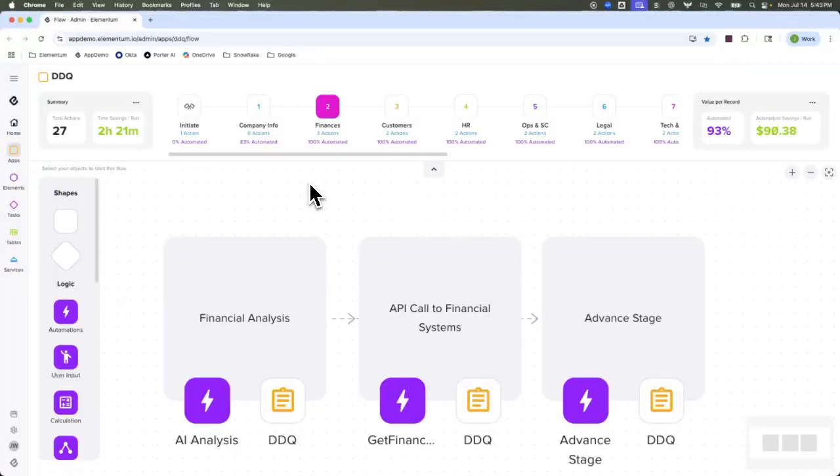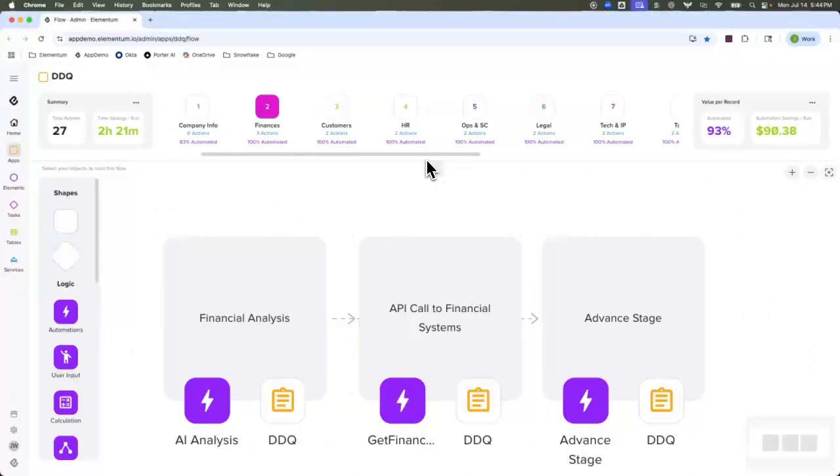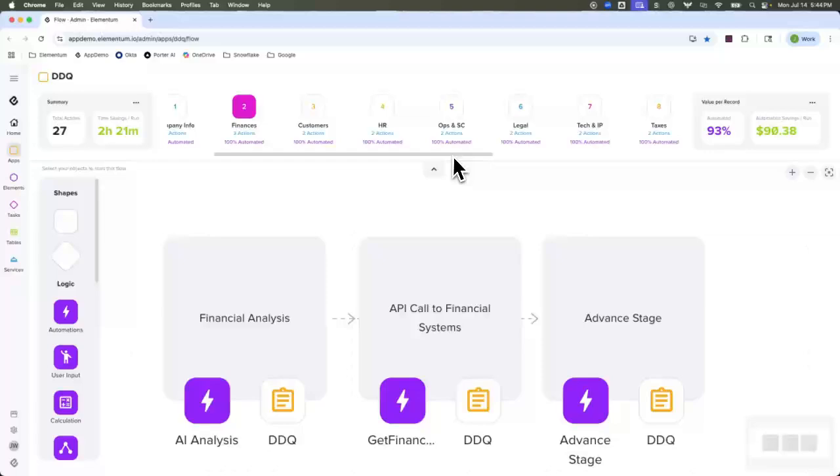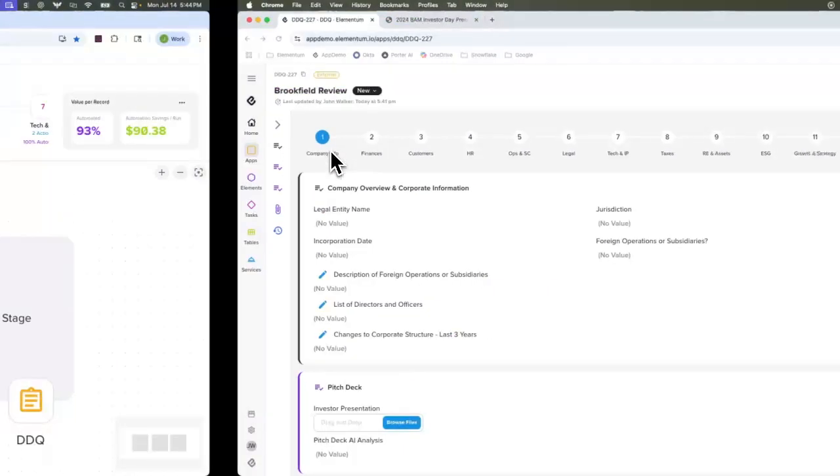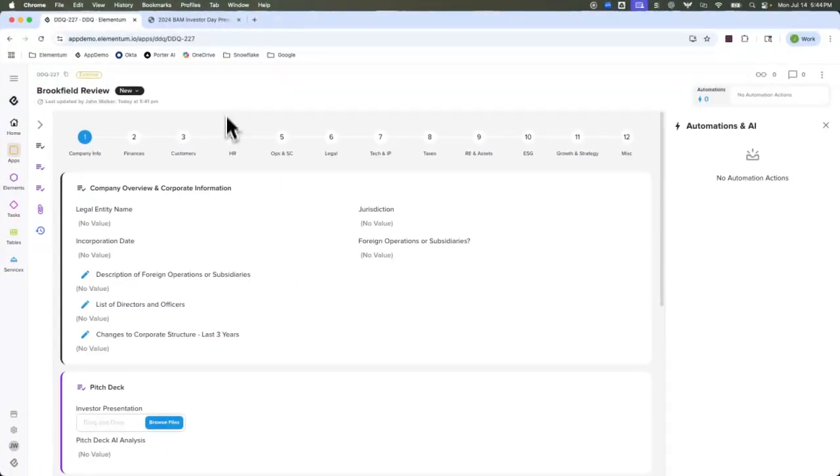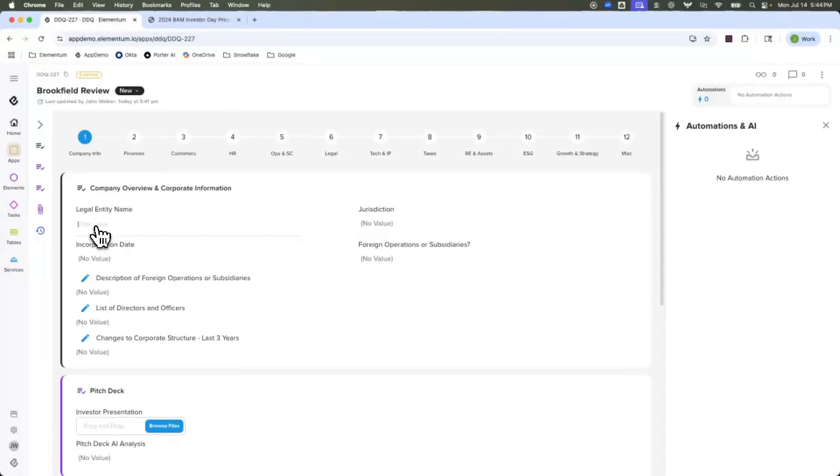And at this financial step, we're going to be automating some of the collection of that information by using our API call to that third-party data collection system. And we're just going to keep on going down the road of collecting the information associated with that particular area of the business. Now here's our UI of the Elementum app where you can perform data entry,